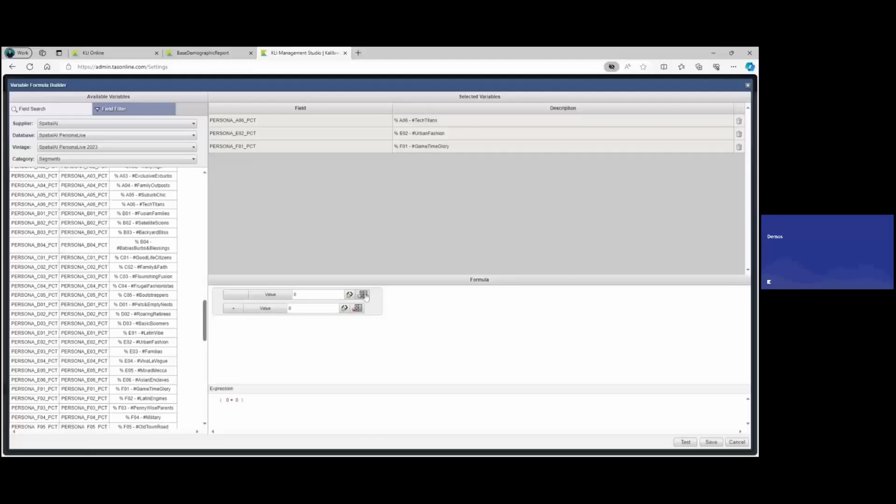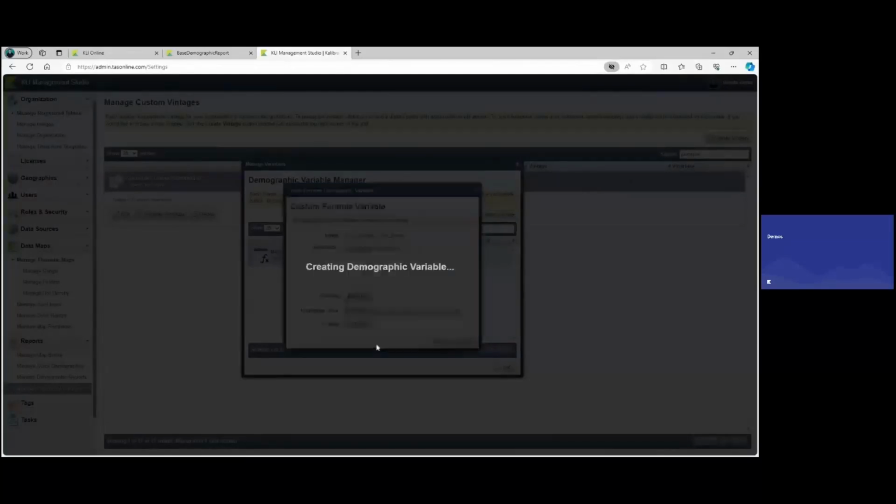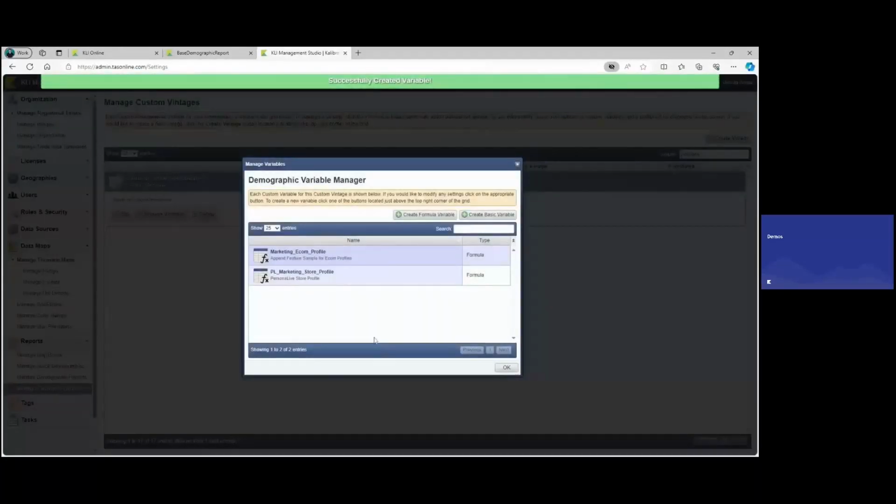And then I can build out my formula by using the tools down here. And I can use a combination of values and fields. I can use different ways of calculating the variables, the formula. But in this case, I'm going to use fields across the board. I'm going to add the different fields together, and I'm going to pick the 3 fields here. And then I can save. All right, and then I'll save one more time. And now I've created my variable.